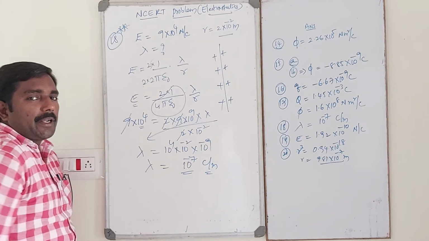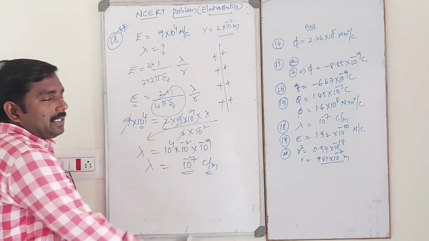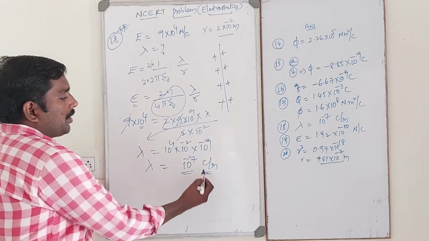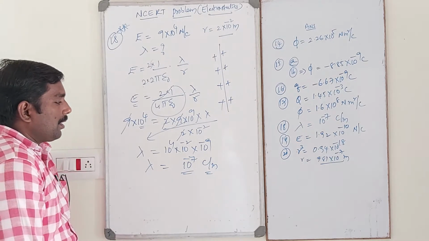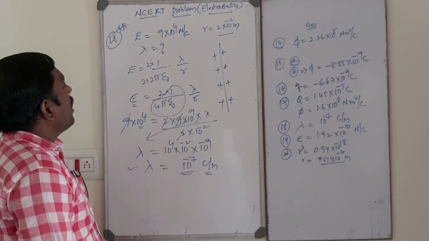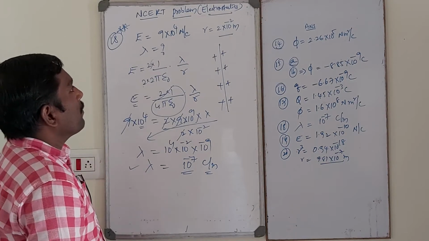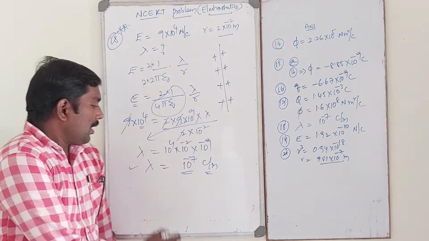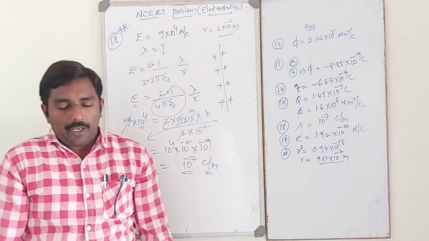This is the SI unit because of charge per unit length, coulomb per meter. So this is the important one, 18th problem. So this is the linear charge density. Okay, next one,